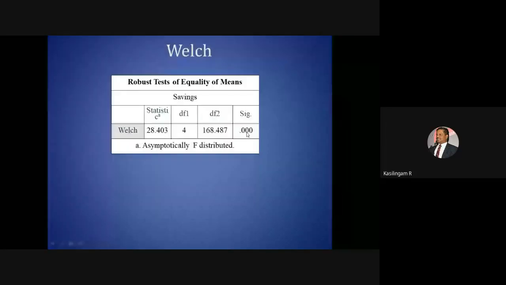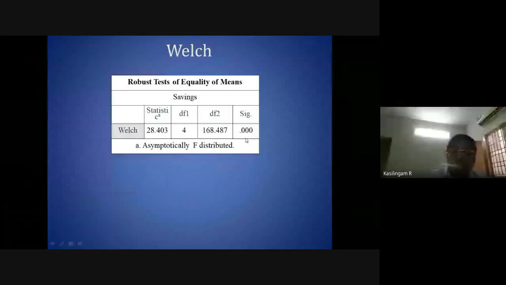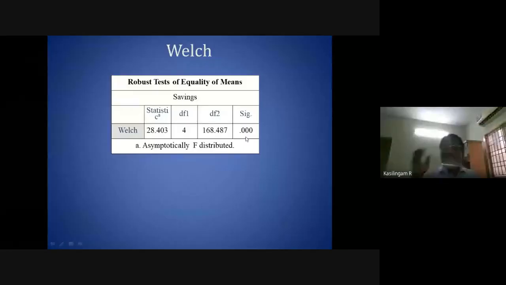So now here less than 0.05, which means there is a difference. So you perform the homogeneity test; if the value is greater than 0.05, perform ANOVA. If it is less than 0.05, perform the Welch test. Simple.